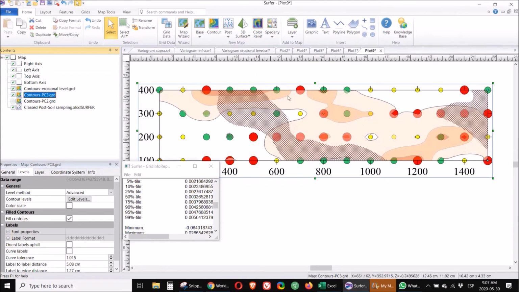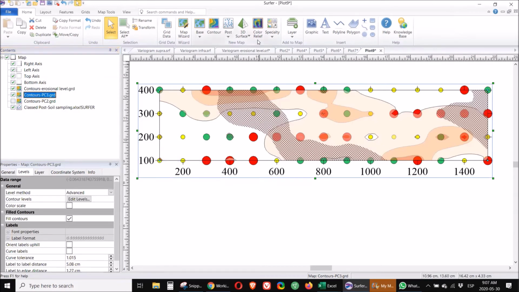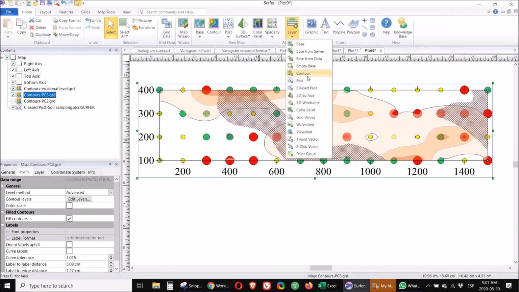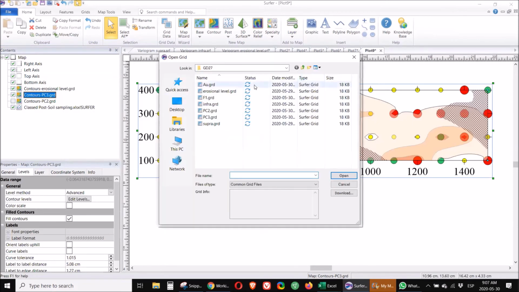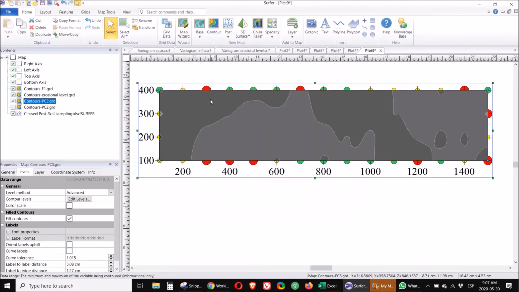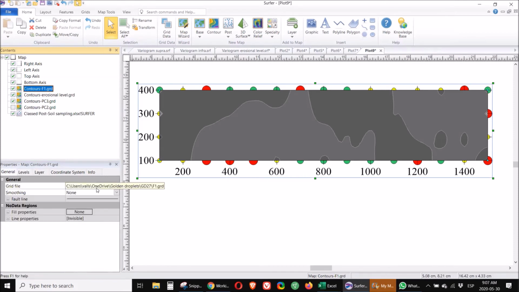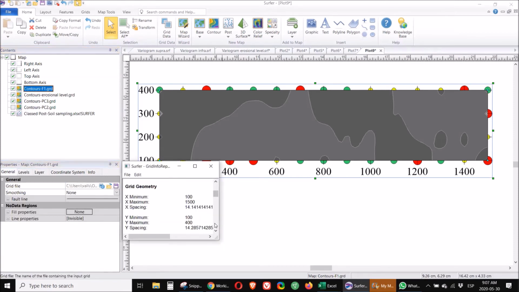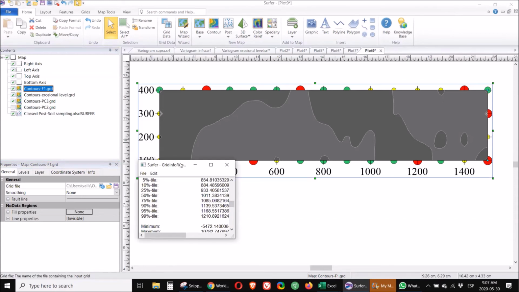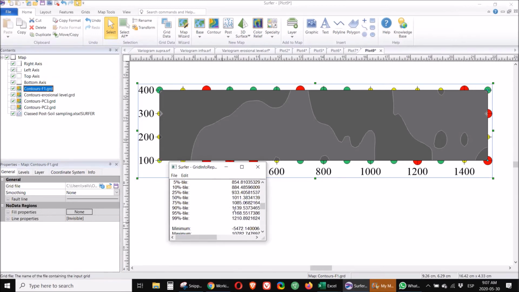So the gold divided by silver tends to increase in this direction. Okay, so let's add the last one, which is the factor 1. Okay, we define which are the levels of anomaly here. I will leave this open here because the numbers are more difficult to remember. So levels,